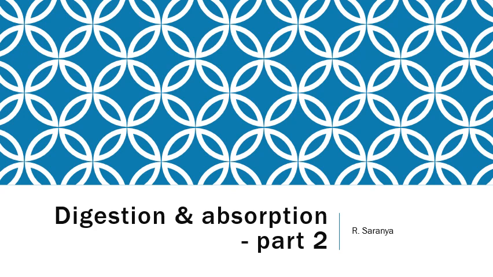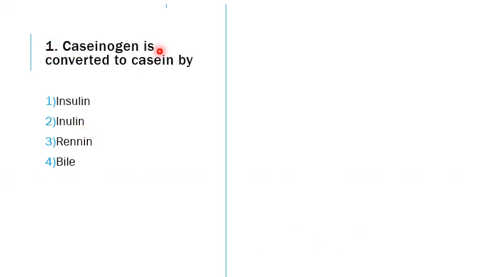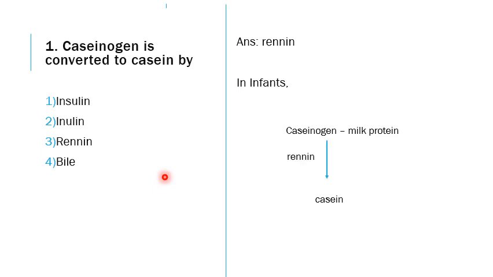Let us discuss the digestion and absorption part 2. First question: caseinogen is converted to casein by which of these: insulin, inulin, renin, and bile? The answer is renin. In infants, the milk protein caseinogen is converted into casein with the help of the